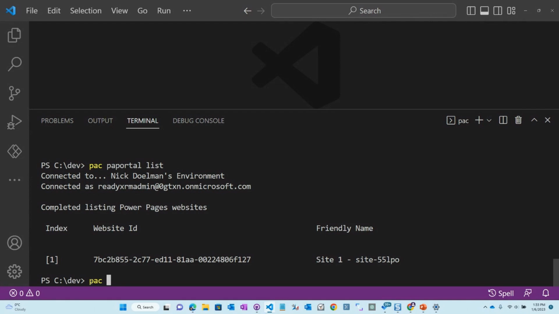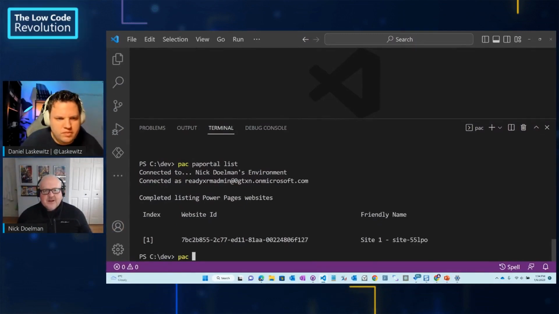When we're configuring a Power Page site, every web page you add, every form that you add, every component, the styling, the text, all of that stuff is stored as metadata in Dataverse. And of course, when we're using things like the Design Studio or another tool that we call the Portal Management app, we're configuring that Dataverse information. But as a developer, I don't necessarily want to go into a model-driven app to modify a lot of this metadata. Like I can, but it gets a little bit clunky.